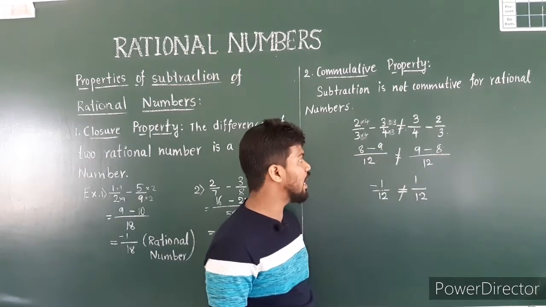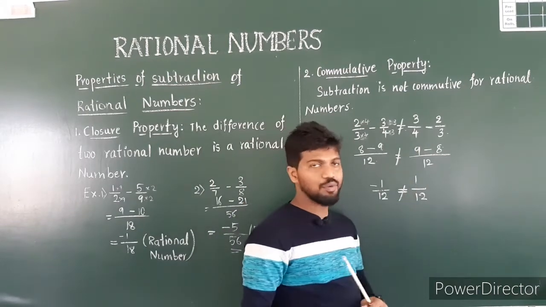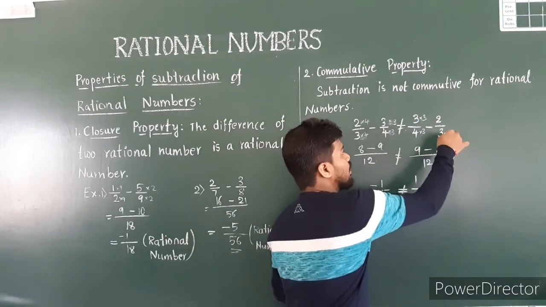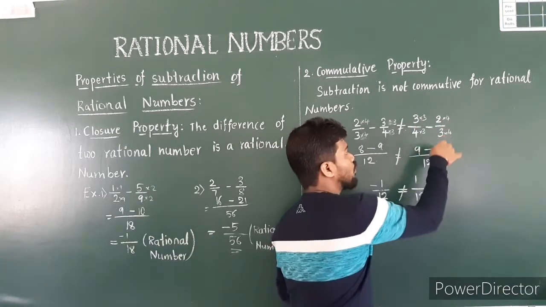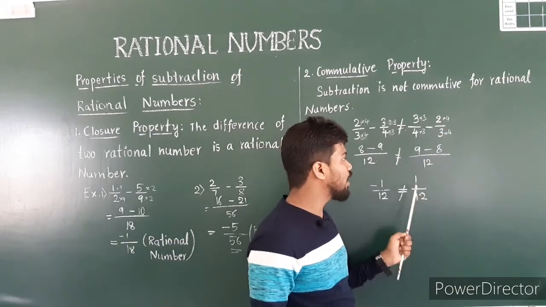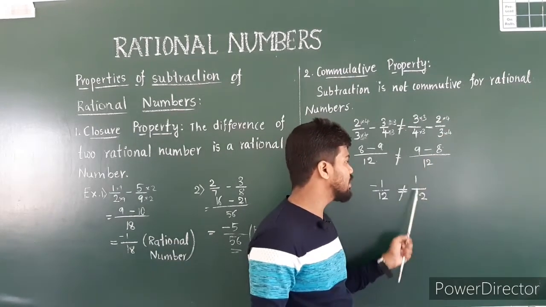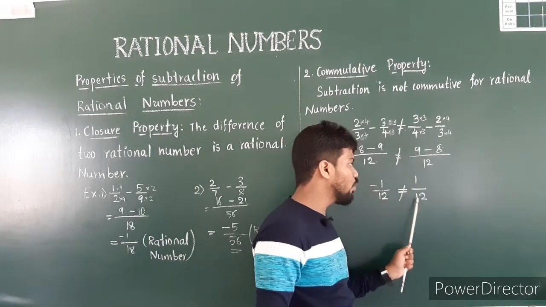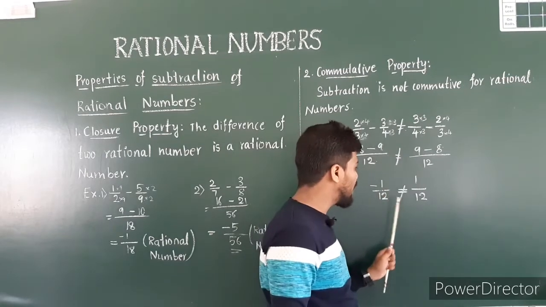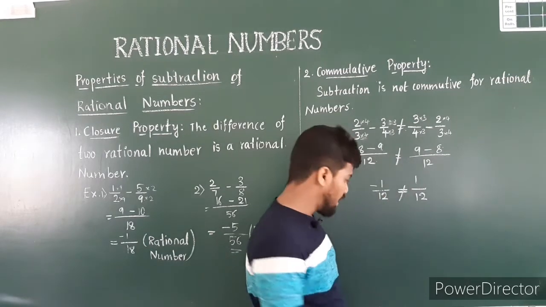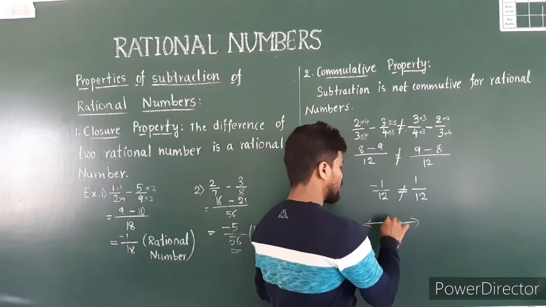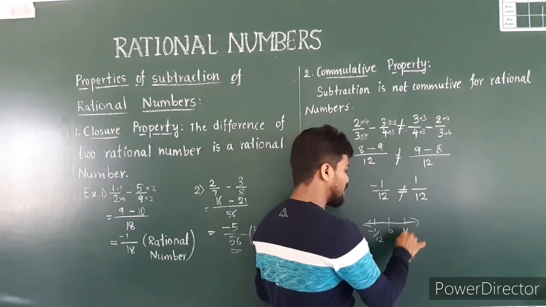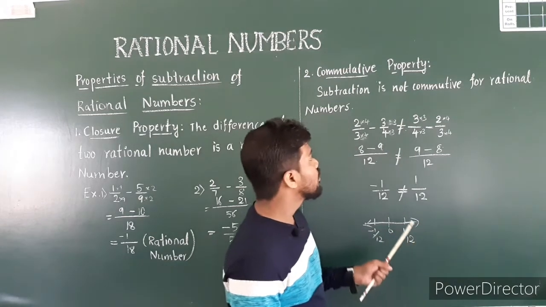And you see here on that side. The common denominator is again 12. So 4 3s are 12, the same way. 3 3s are 9, and 2 4s are 8. But 9 minus 8 you get 1 by 12. The denominator stays the same, 1 by 12. The larger value has the plus sign here. So one is negative, one is positive. So minus 1 by 12 is not equal to 1 by 12. On the number line you see 0 here. Minus 1 by 12 is here and 1 by 12 is here. Therefore it is not equal.